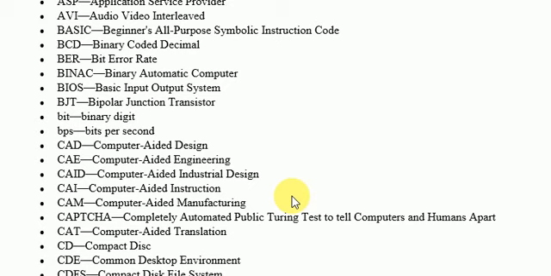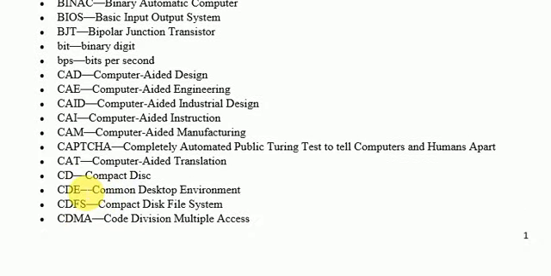Now CAPTCHA. Everyone nowadays uses the internet, and on the internet so many times a CAPTCHA is present. The full form of CAPTCHA is Completely Automated Public Turing test to tell Computers and Humans Apart. Then CAT, computer aided translation. CD, now everyone knows very well CD, that means compact disc. Then similarly DVD,